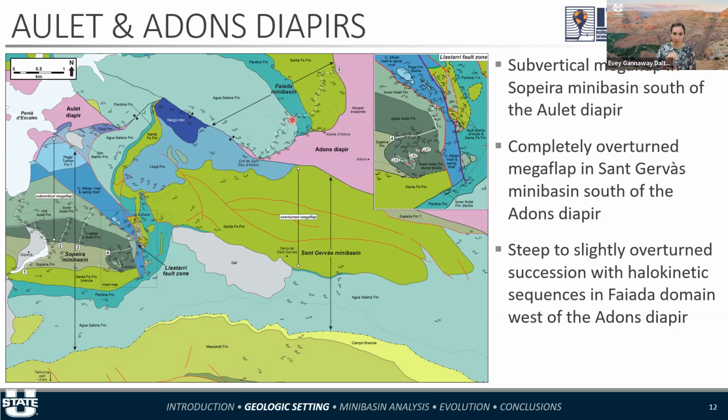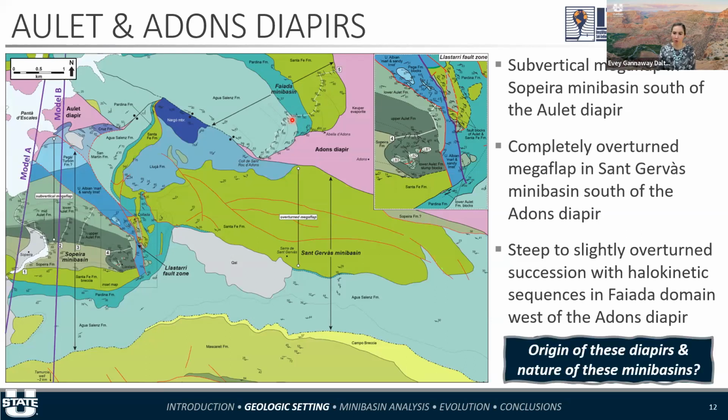So with just that framework to go from, let's return to that project goal of integrating, I should say, the sedimentology and stratigraphy into the interpretations of the origin of these diapirs and the nature of these mini basins and why that was our goal in the first place. So to do that, I want to show you now the conflicting existing interpretations and just how dramatically different those end up being depending on which model you invoke for the evolution and mechanisms of subsidence,